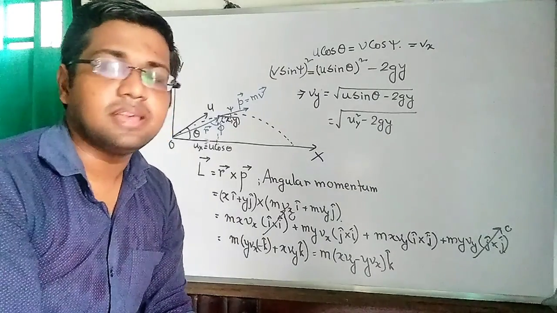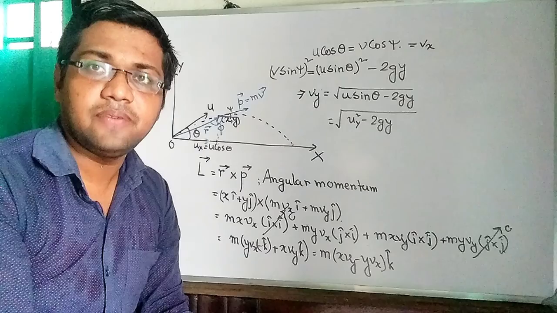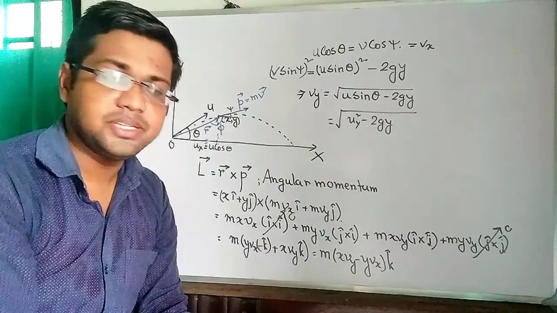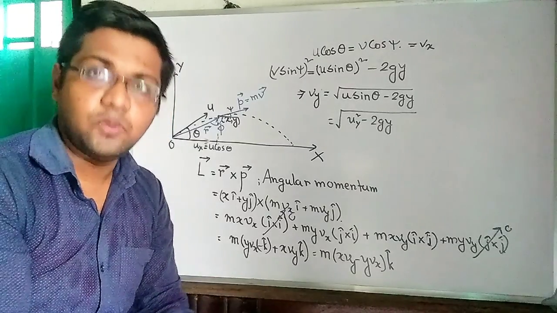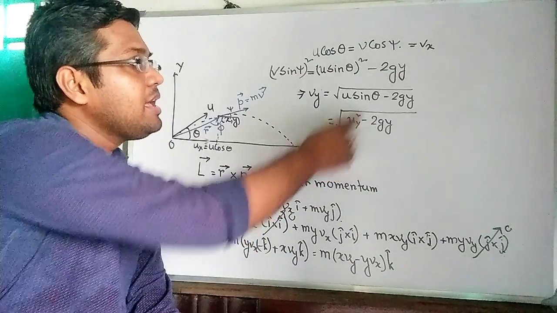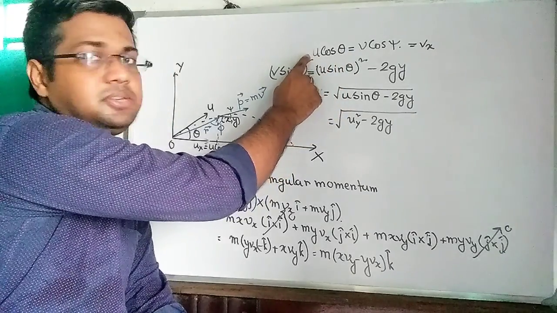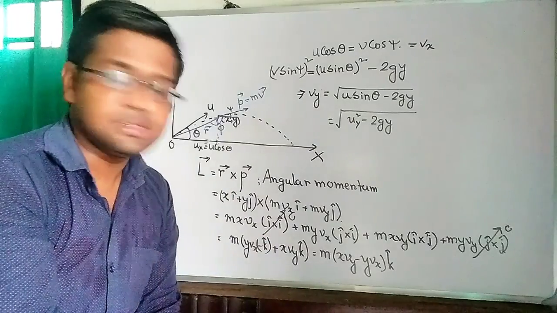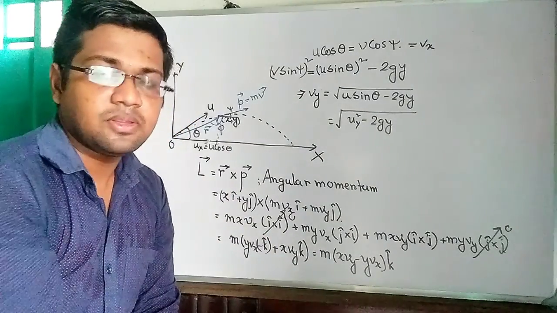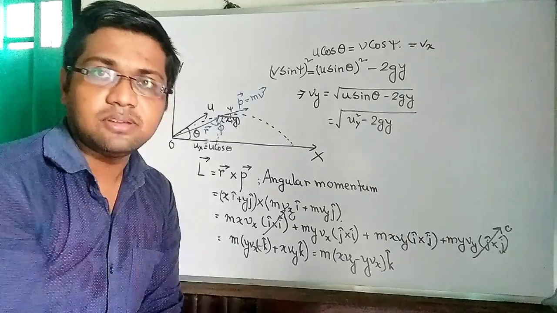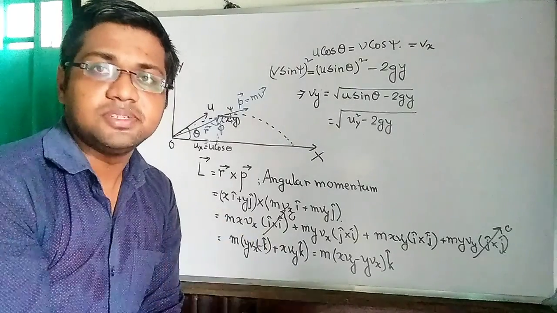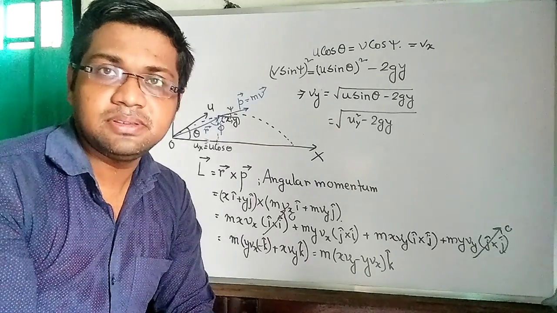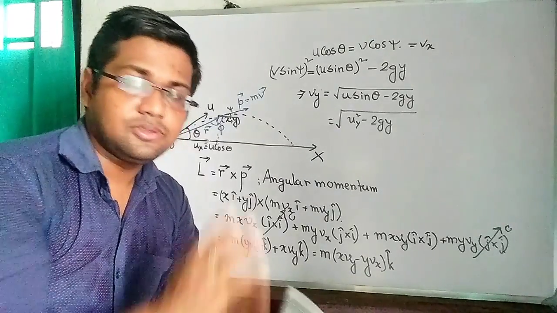In your problems, this information will be given in different ways. You have to find out which information is given and how to use it. Just like here, uy and ux, where u cos theta is ux. If uy and ux are known to us and the point is known to us, we can easily find the angular momentum. Obviously, there you also have to know the mass of that particle or object. So I think you have got some information about this and the topic is clear to you.